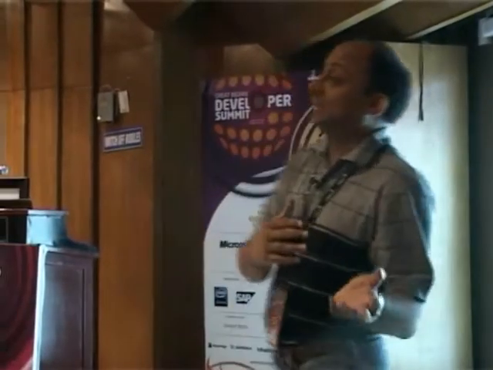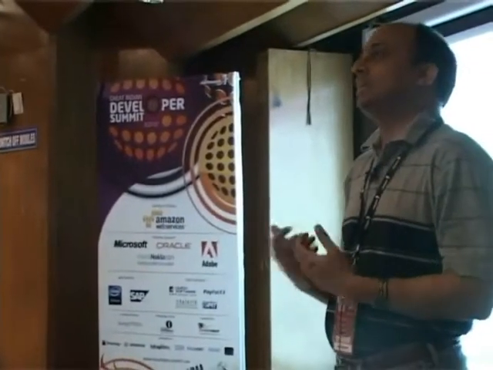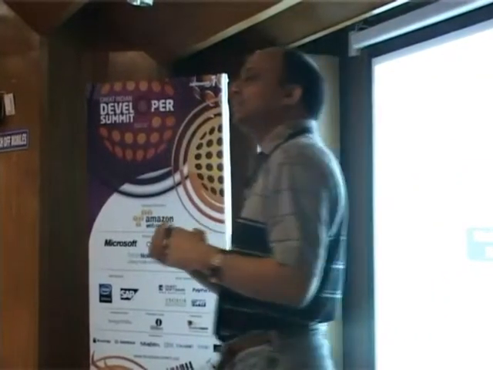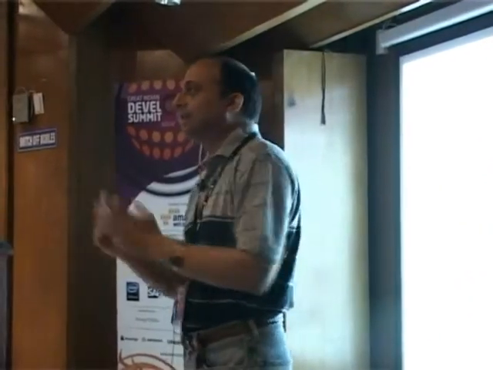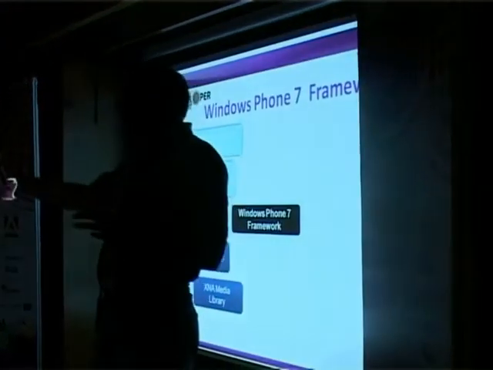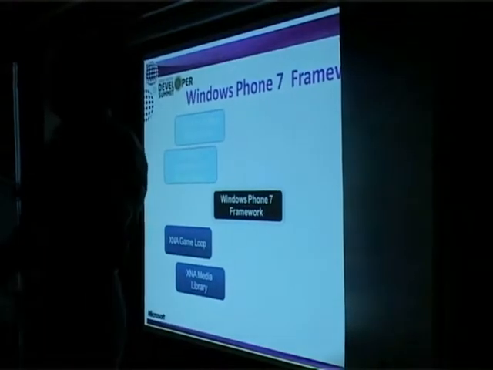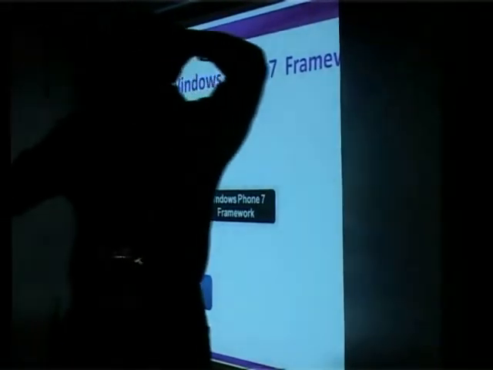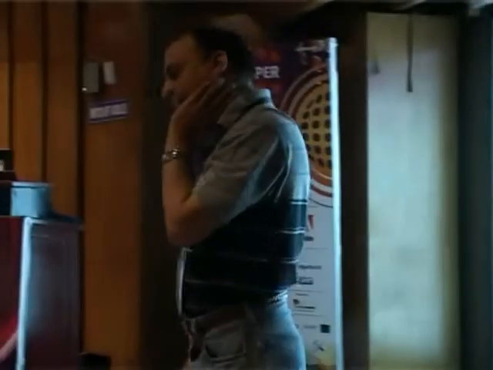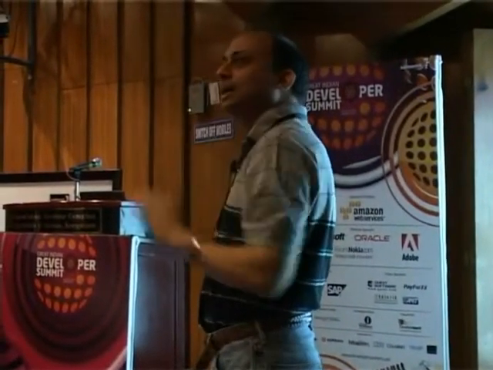Whereas on this XNA side, there is no such event that gets fired. You need to poll, okay, did the user touch here, or is the user clicking on something, that sort of thing, every tick. So this is an event-based model on Silverlight, and XNA has a game loop that gets called. And the other thing that XNA provides is